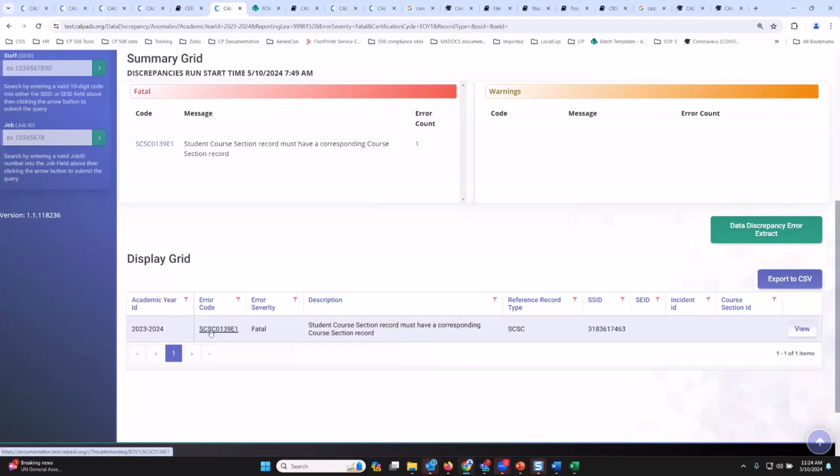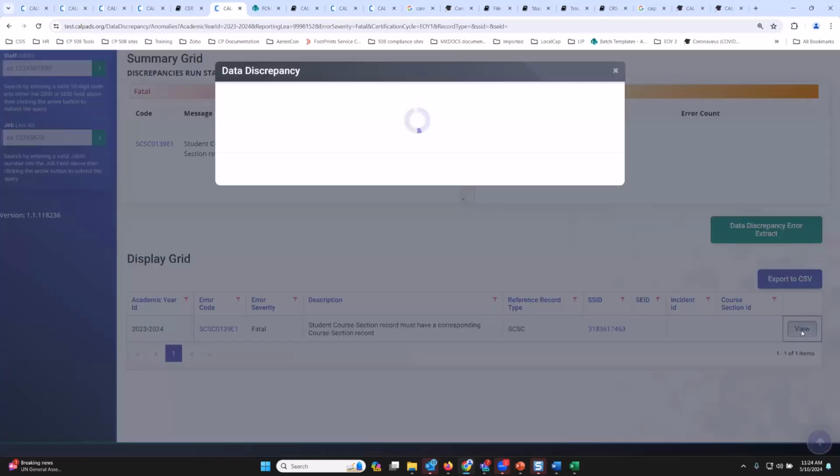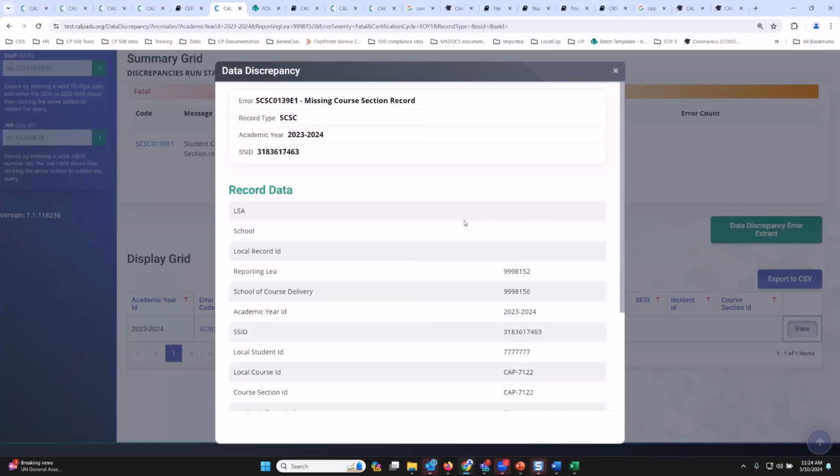So if I click on view, true enough, I'm getting a data discrepancy for this record. It says here, SCSC 139, missing core section record, SCSC, right? So how do you resolve SCSC 139?